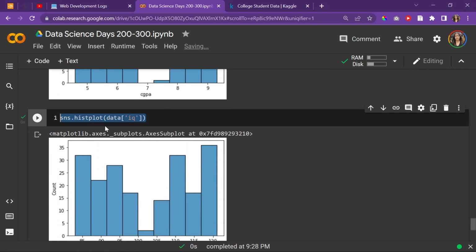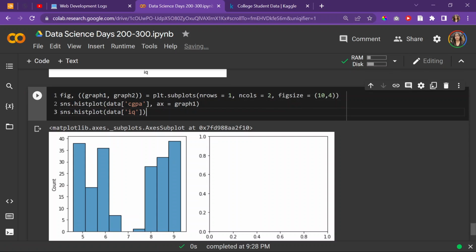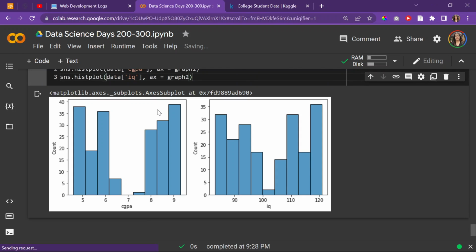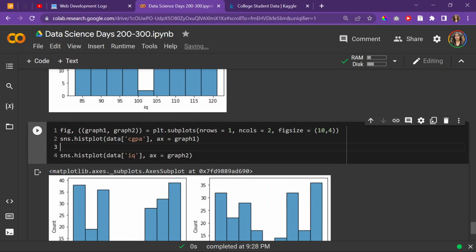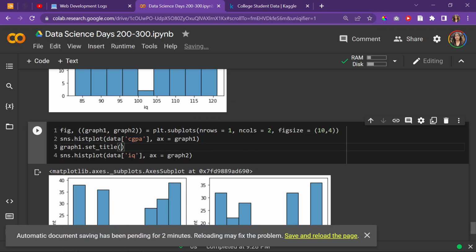And then we just have to take sns.histplot IQ, do the same thing, and just do ax equal to graph 2. And plot that, and it should show up in the second graph. And then if we want to give it a title, instead of doing plt.title, which is sometimes what we're used to, we're going to do graph1.set_title, and we're going to do distribution, or we'll do histogram, actually